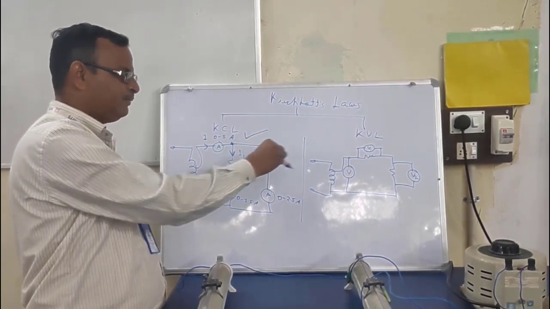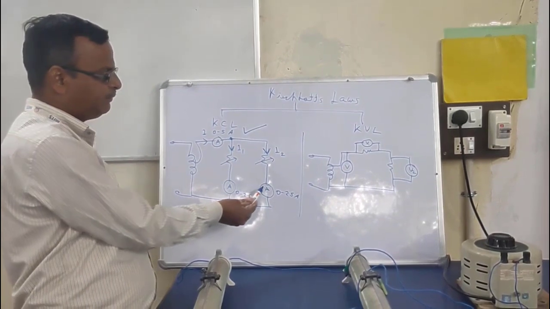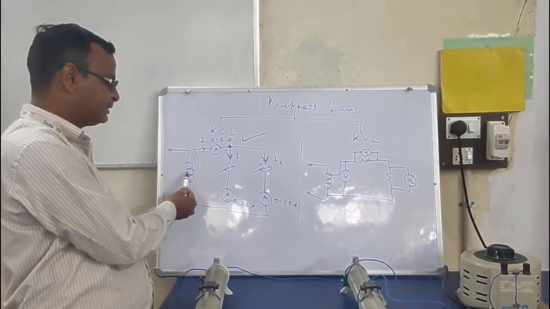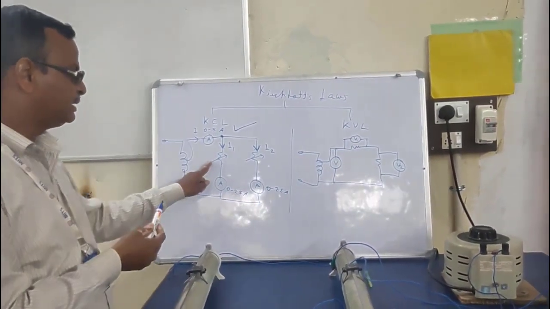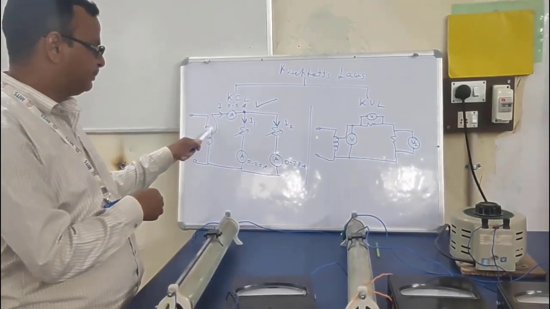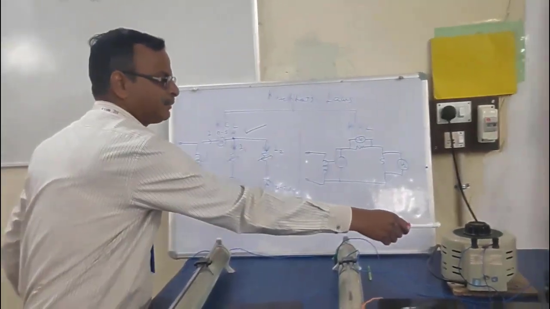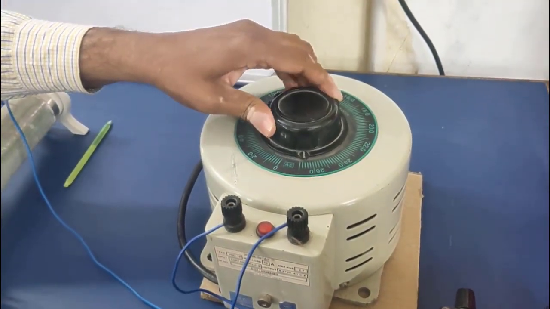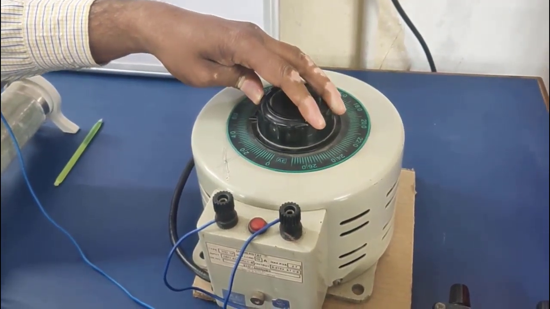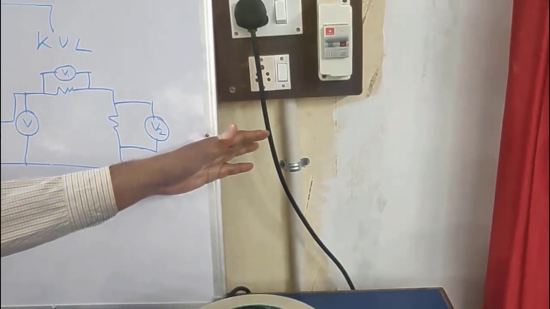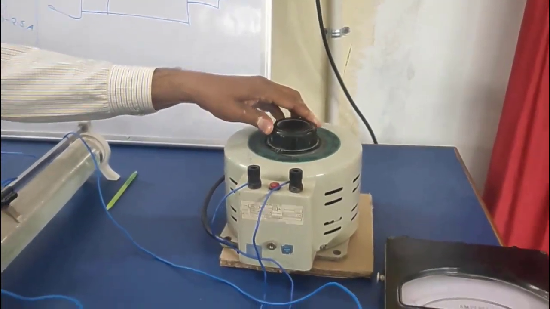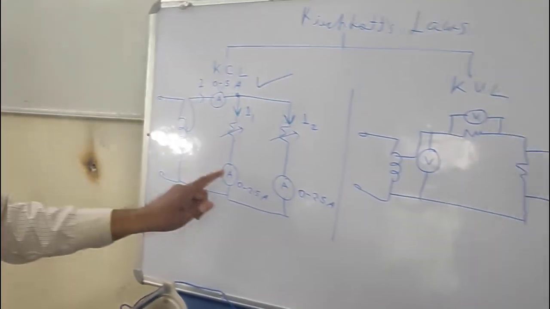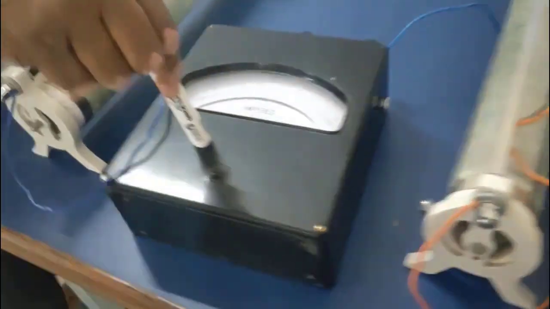According to this diagram, we connect this setup. In this setup, we need 3 ammeters, 2 rheostats and an AC supply. AC supply means this one, the auto transformer. According to this diagram, we identify the instruments. This symbol indicates the auto transformer, this one. The function of the auto transformer is that just by changing the knob, you may get a variable voltage. As an input, we give 220 volts, and on the output side, by changing the position of the knob, you may get a variable voltage. And these are the 3 ammeters, A1, A2, A3.